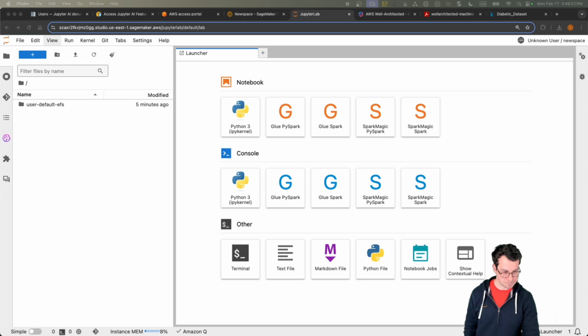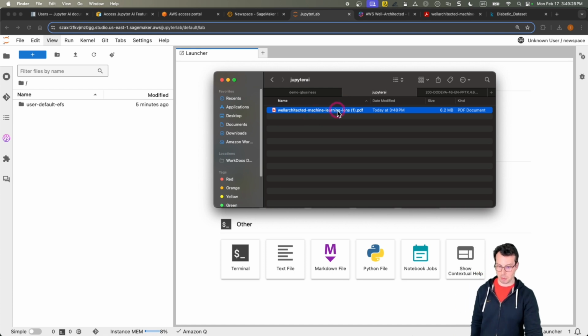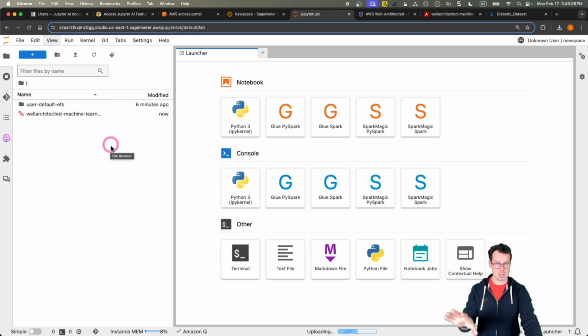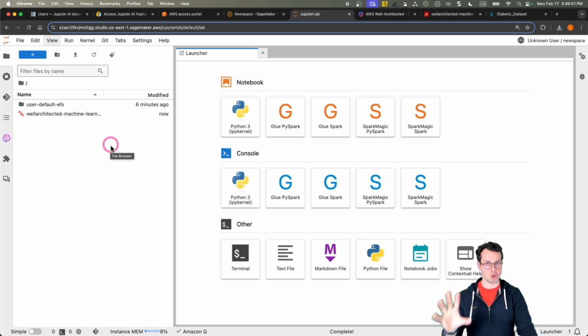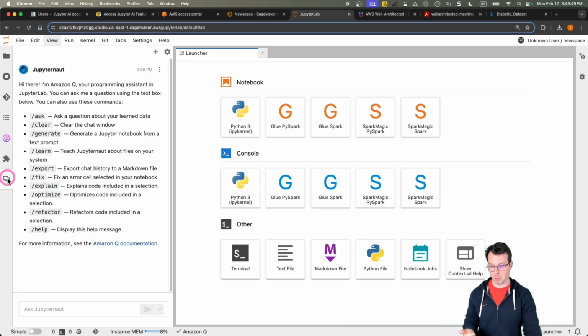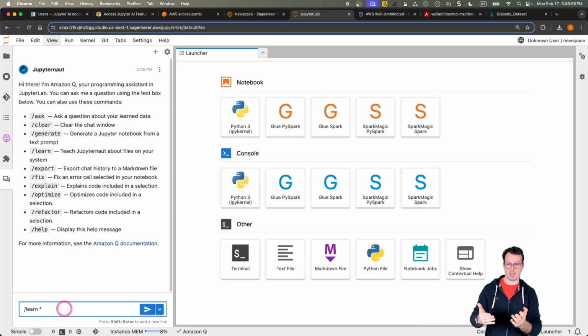So I'm going to take my local file system, that JupyterAI folder I just created, and I'm going to rename this. It doesn't need to be called one. This is a copy from an earlier review, and I'm going to just drag and drop this to upload it. So this has been uploaded, the whole almost 200 pages of best practices of working with ML workloads on AWS. And now I'm going to go back to Jupyter AI, and I'm going to say /learn, and I'm going to provide the asterisk. That's going to tell it, hey, learn